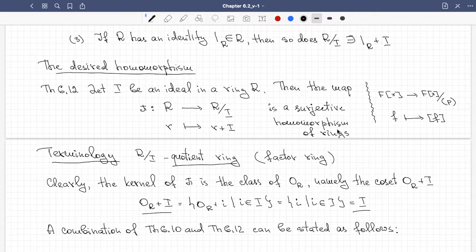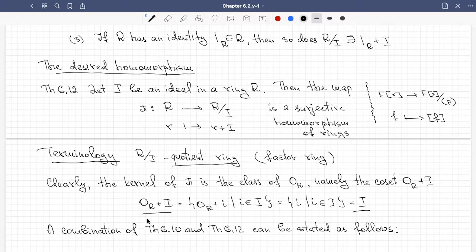Details are in the book. If you've got confused, look what the book tells you about that. I believe you can see on your own that this is indeed true. The map is a surjective homomorphism. So our question is solved, and now a combination of theorems 6.10, which tells us that the kernel of a homomorphism